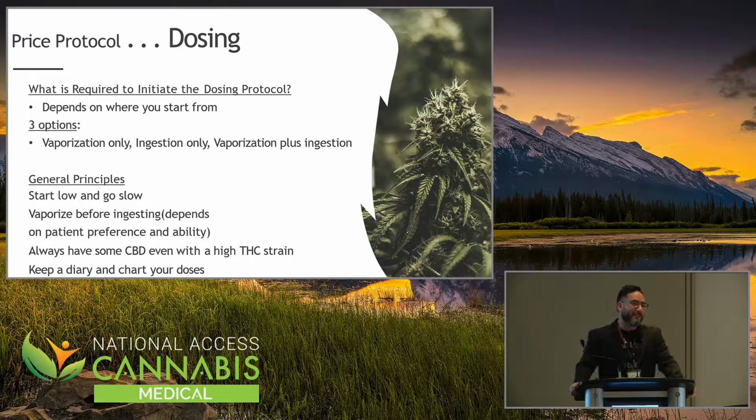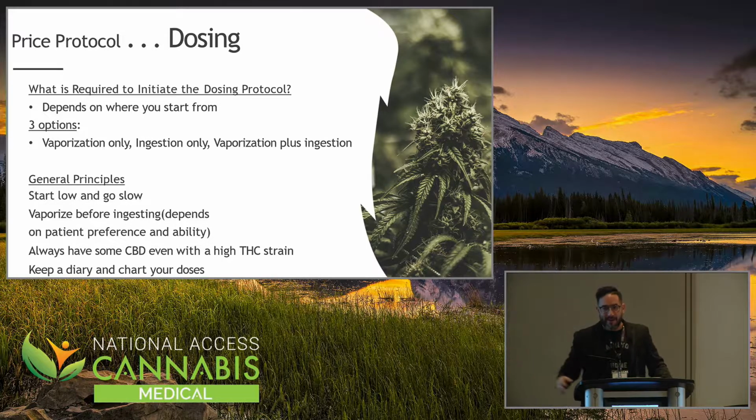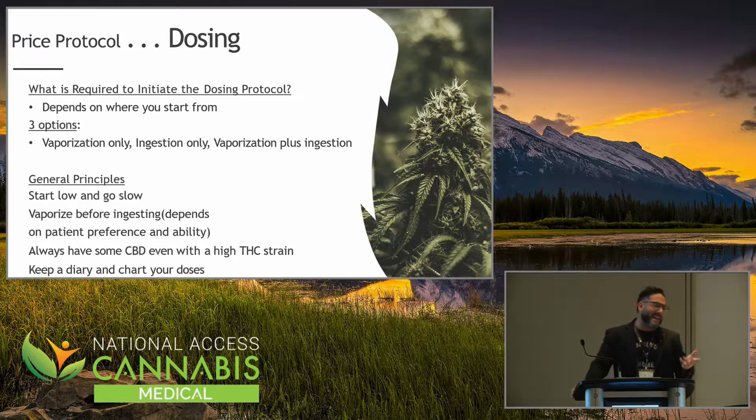I gave a good, fun talk for Probus, which is like the largest retirement group in Canada, maybe North America, I don't know. And these guys are active people between the ages of 65 and 90, and maybe 75, I can't remember exactly. But these guys were like, yeah, we want to vaporize, we want to ride our bikes and go to the park. We're not driving anyways. So some of them really enjoy it. And it was great to see them. And they were planting. They're like, can we grow it? They want to plant this stuff. And I'll tell you, that's actually really therapeutic for a lot of people.